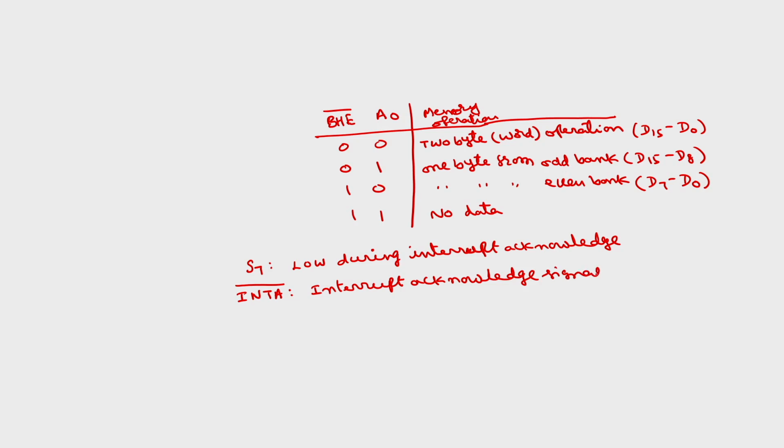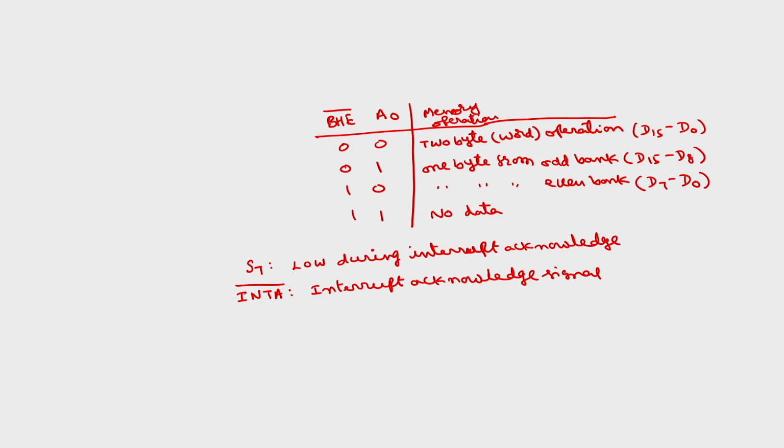Whenever the microprocessor puts a logic 0 on this active low signal, that means the external device understands that the microprocessor is going to service the interrupt routine of that particular interrupt. So during this interrupt acknowledge cycle, this S7 will be kept low, otherwise it can be tri-stated, so that it will not draw any current and will not overload the device which is connected to the S7 pin. So these are the different pins.